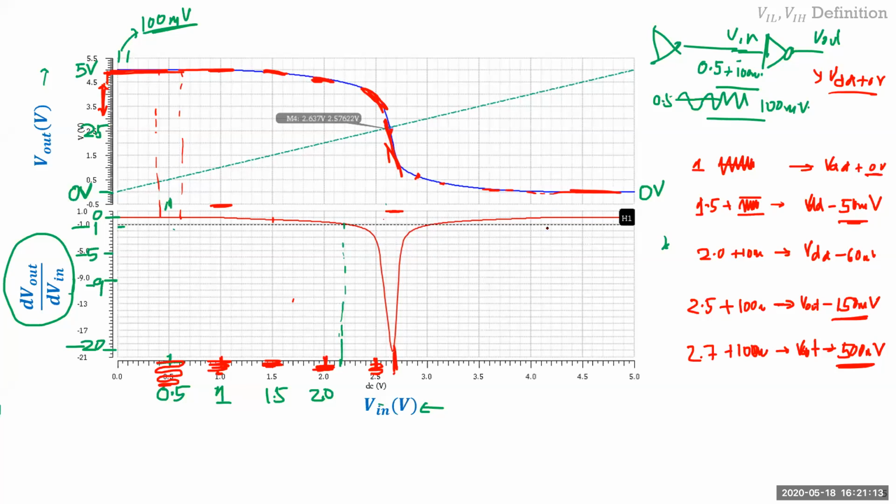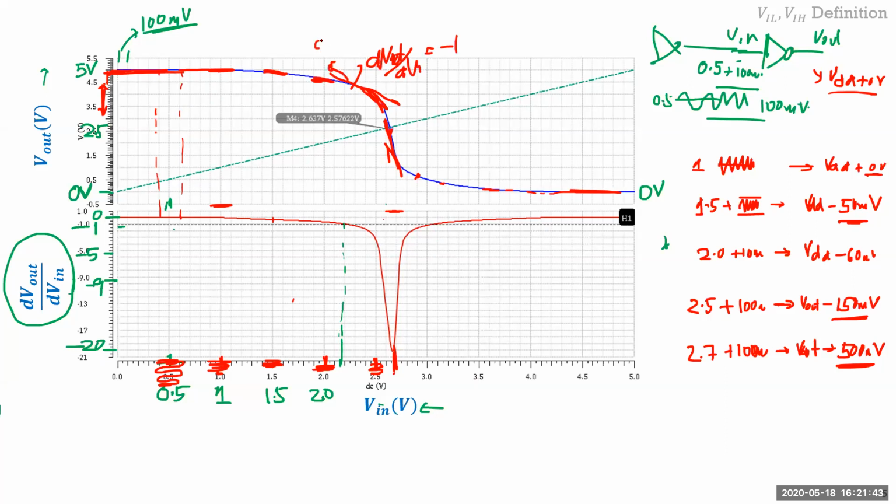So the idea why 1 was chosen is because it was decided that when I'm putting some noise here, your output should have at least that or less. If you're amplifying noise, that's the reason you don't want to be. And so obviously, which is that region? That region is the point where dV out over dV in is equal to -1,